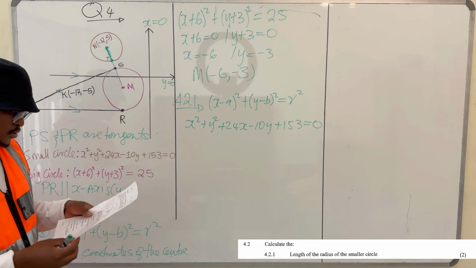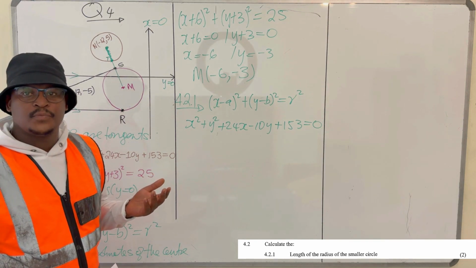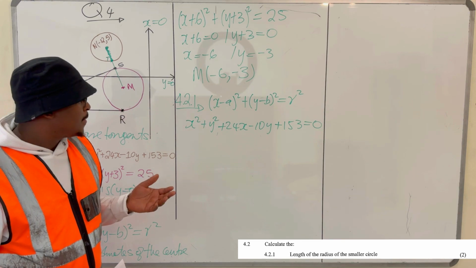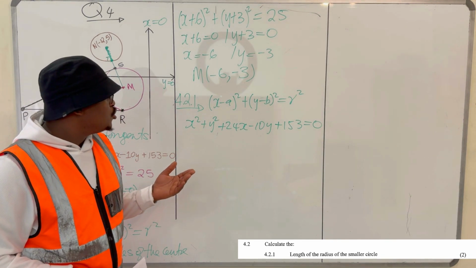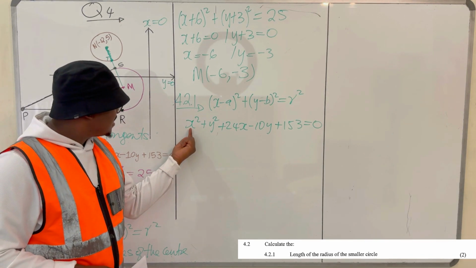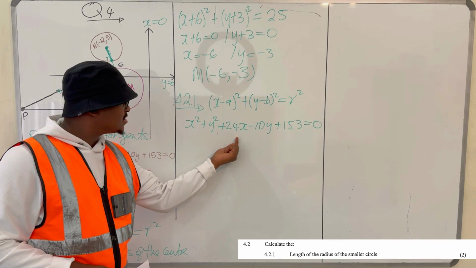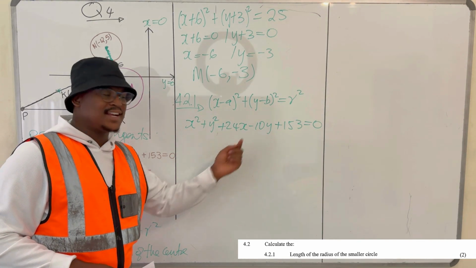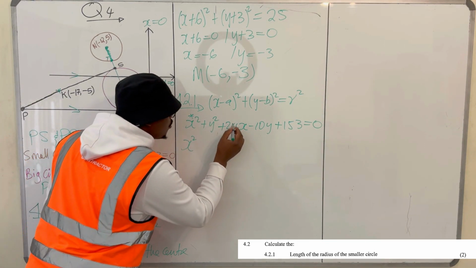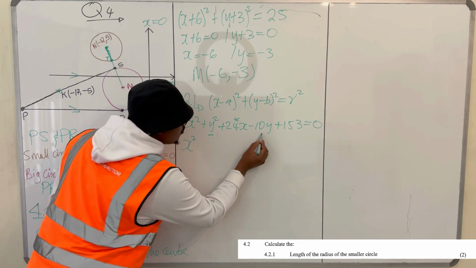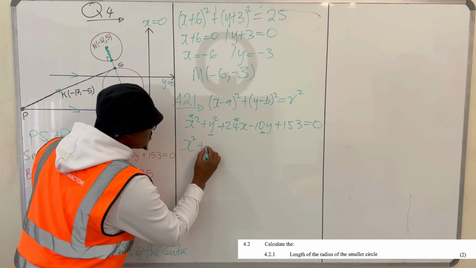That's what we have. So what do we do? What we want to do is complete a square. The first thing you do when you're completing a square is group your things together. You have x squared, you want to group it together with the one that contains x. This, you group it together with that. So here's my x squared, so this goes with this guy here, and this one goes with that guy over there. So we have x squared plus 24x,